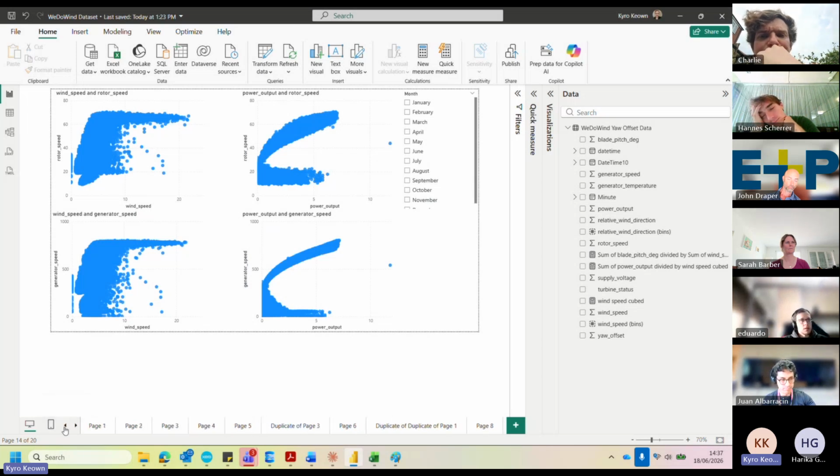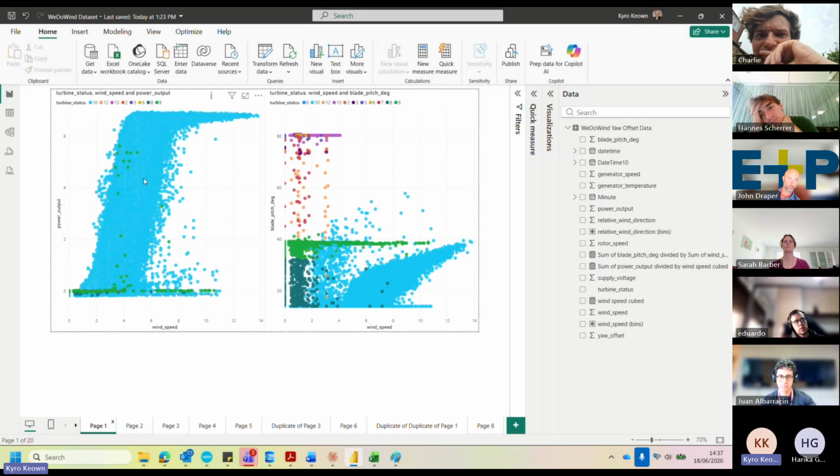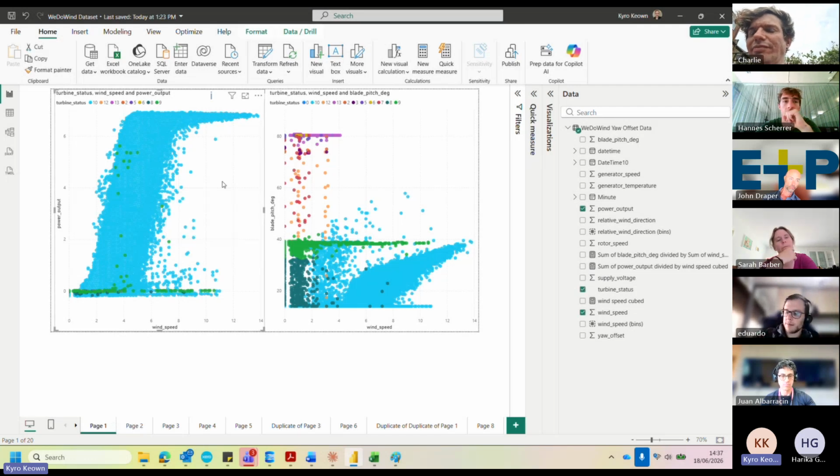So either there is some form of limitation going on that's simply not being captured, or else there is some other underperformance on this turbine that is enormous in magnitude compared to the induced underperformance associated with the yaw offset.